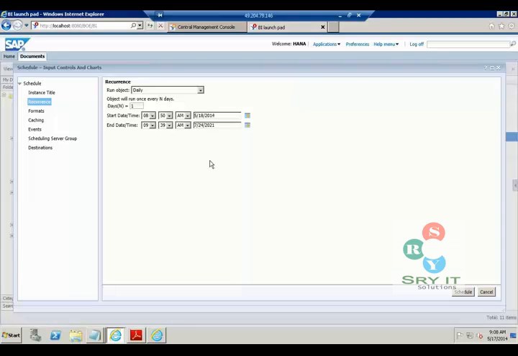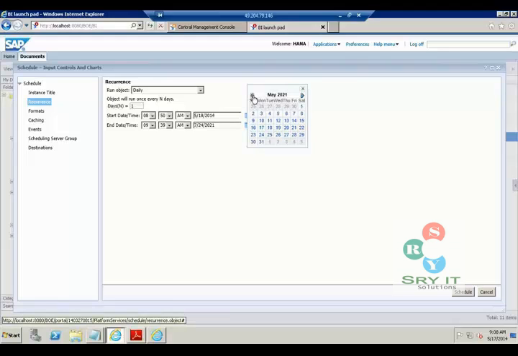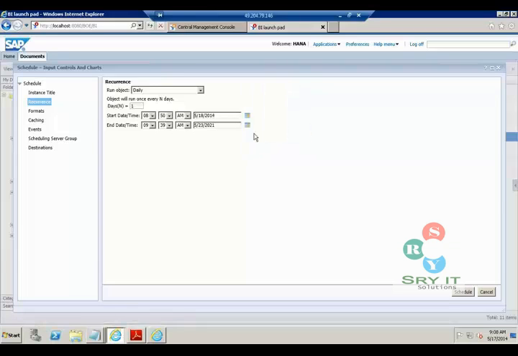So 8:50 a.m. tomorrow, and from tomorrow onwards it's going to start. It will end at, sorry, I've selected till July, which we don't require. I'm going to select it till Sunday